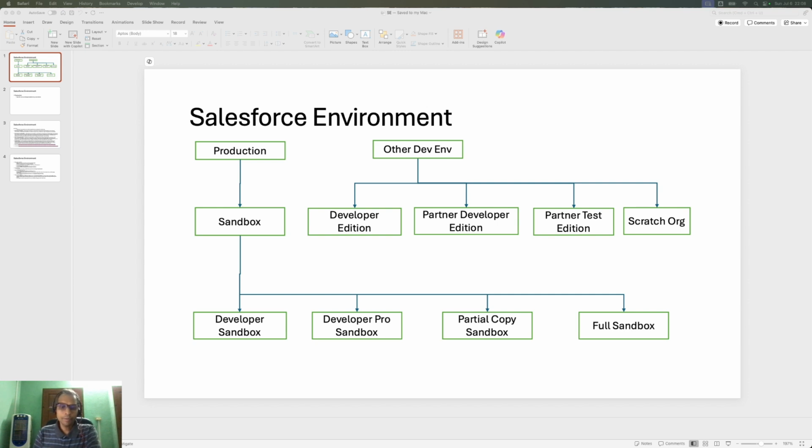I recorded this video to discuss the different environments Salesforce provides for development. In the Salesforce world we have a lot of different environments, like production, sandbox, developer pro sandbox, full sandbox, or developer edition and whatnot, and we get overwhelmed about what to use where. So that's why I created this video to put some light on those different types of